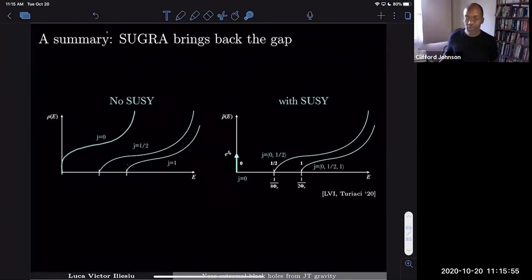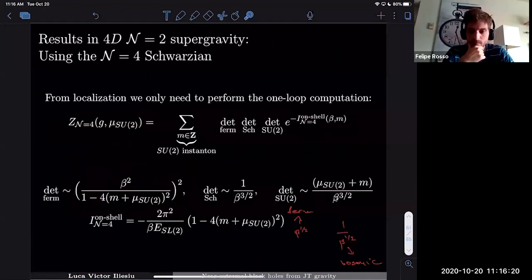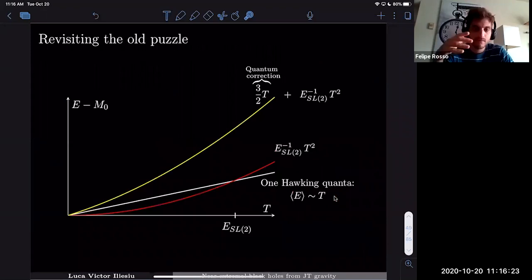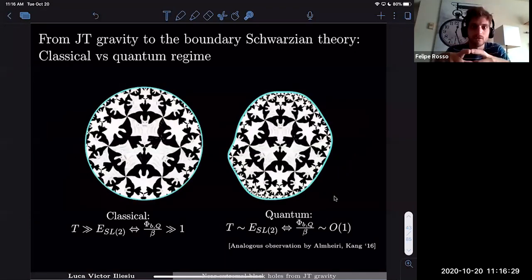Yeah, so very nice talk, Luca. I have a question. At some point, when you do the reduction and you start solving for the quantum path integral of the Schwarzian, you mentioned that when the temperature is of the order of the gap, or this SL(2) scale, it is in that regime that you can take the boundary of AdS2 as fluctuating, but you do it in the usual limit in which we take it to be close to the boundary still.